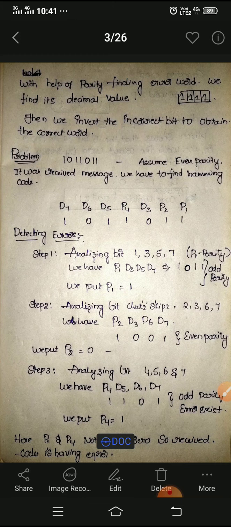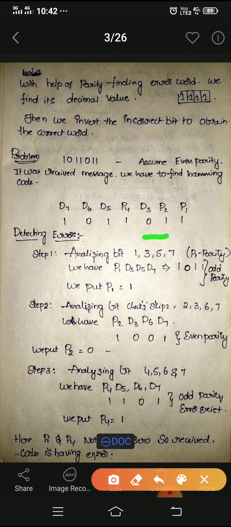The first position is P1. So D3, D5, D7: what is the D3 position? D3 position is 0. D5 position is 1, D7 position is 1. So automatically the P1 position is 1. This is the odd parity, which means P1 is equal to 1.